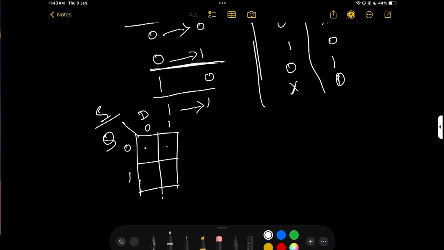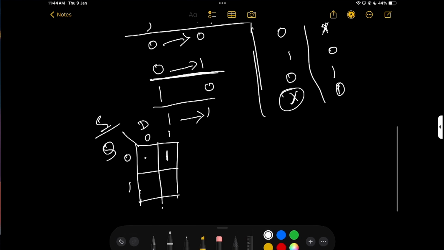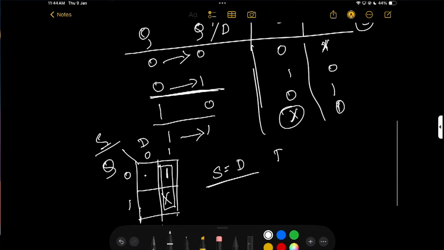So if D equal to 1, then this is 1 and this is cross. So 1 1, both are 1, means that this is cross. So this is my S is equal to D. And if we need R reset, then again truth table,